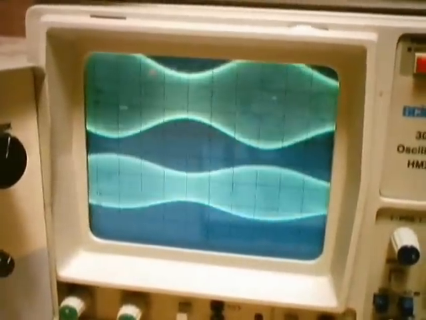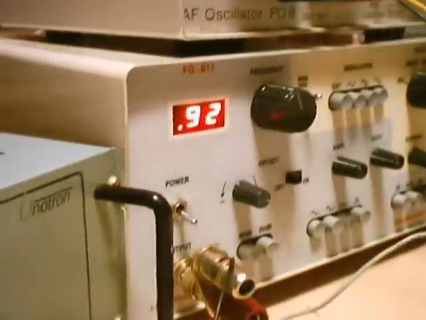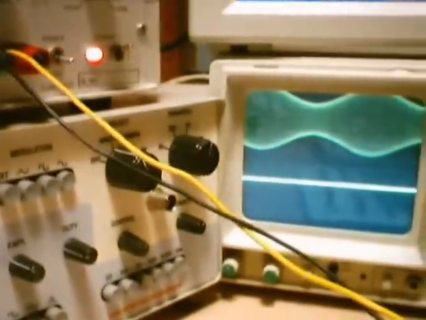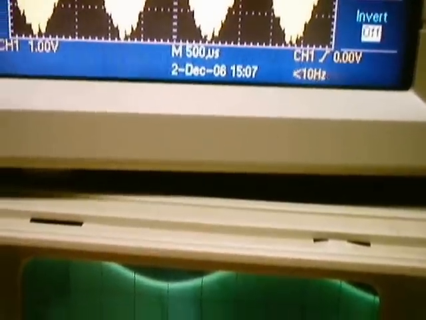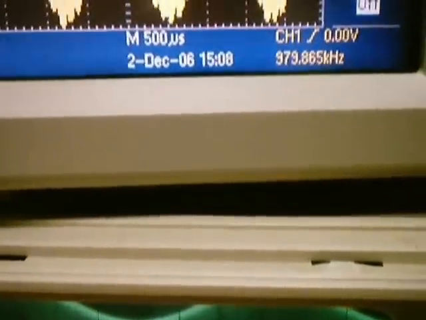Suppose I take one more reading. Let me change the frequency from 753 to, now this is showing around 0.92, which happens to be 920 kilohertz. We can exactly see what the frequency is over here. Just a minute. So let me see what the input frequency is. The input frequency is 980 kilohertz. So the second reading happens to be FC in is 980 kilohertz.